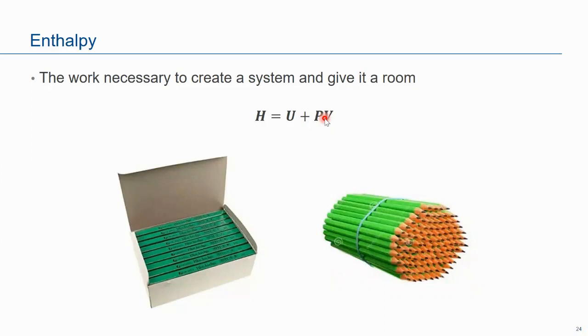So ibig sabihin, kapag we have a gas in an open system, mayroong dalawang components sa kanyang energy. So meron kang internal energy at yung energy na kinakailangan niya to overcome the pressure na parang yung ginagawa ni rubber band to occupy a volume V. So that collection of two components is called enthalpy.